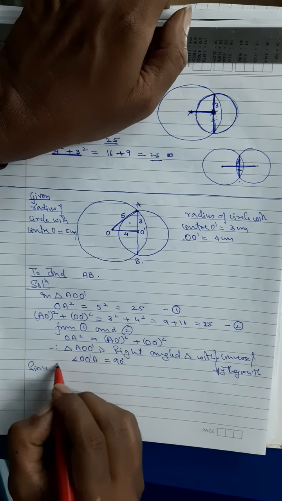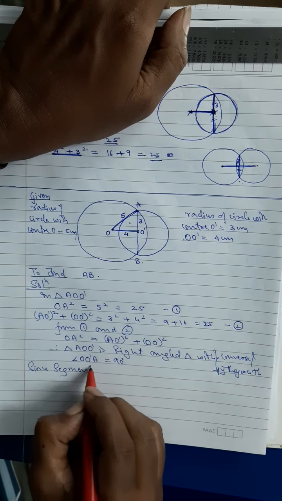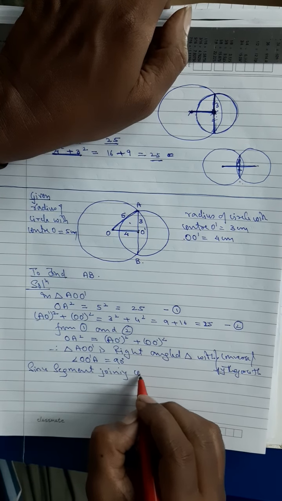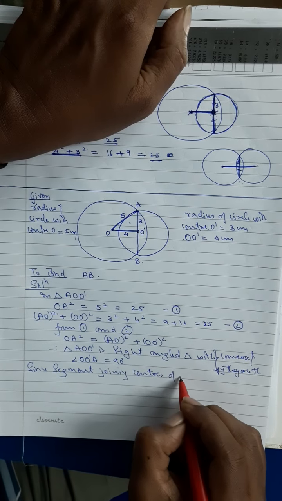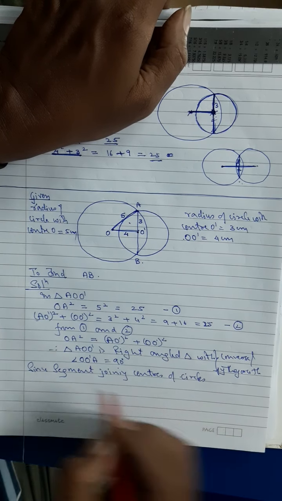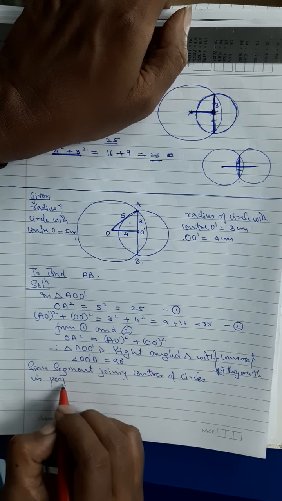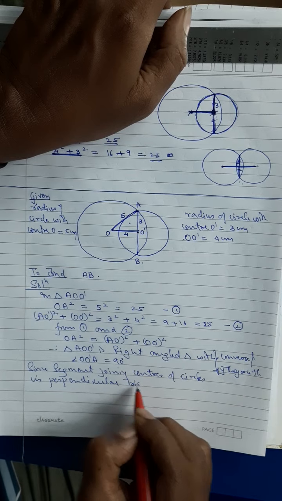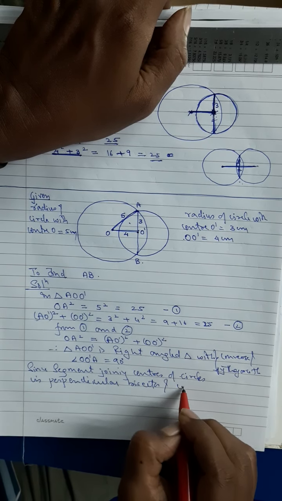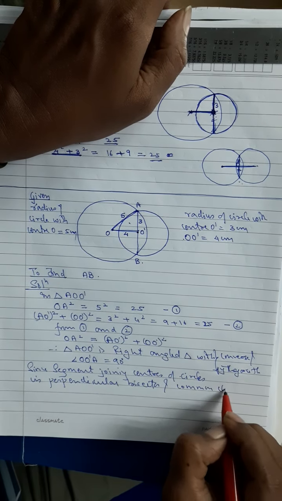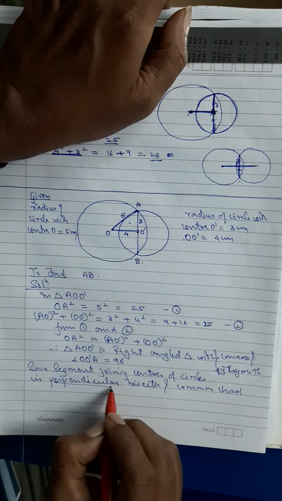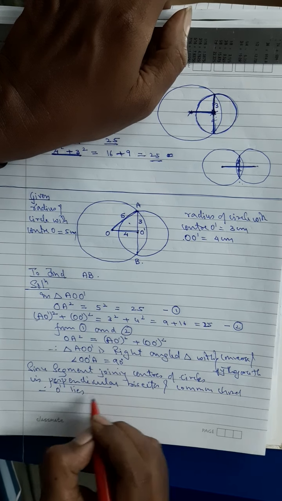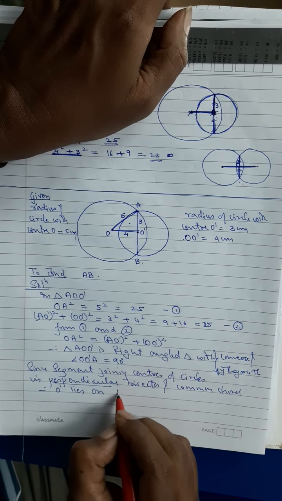Since the segment joining centers of circles is perpendicular bisector of common chord. Perpendicular bisector. Therefore, O dash lies on AB